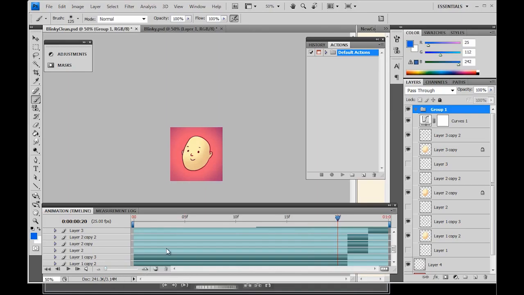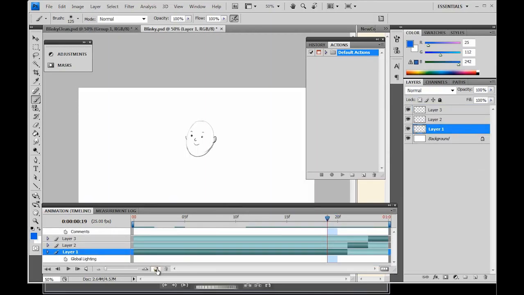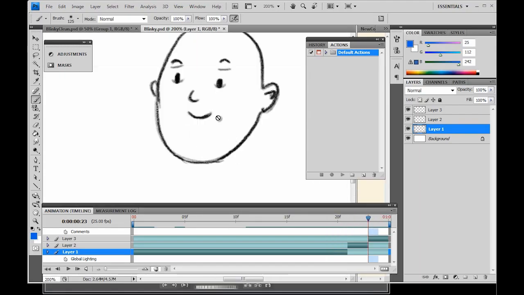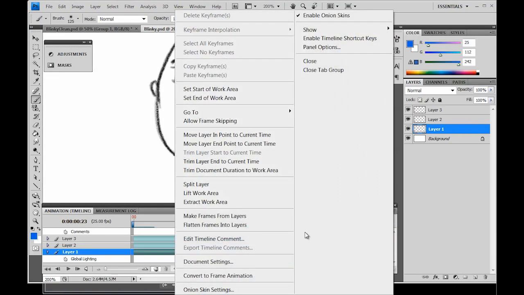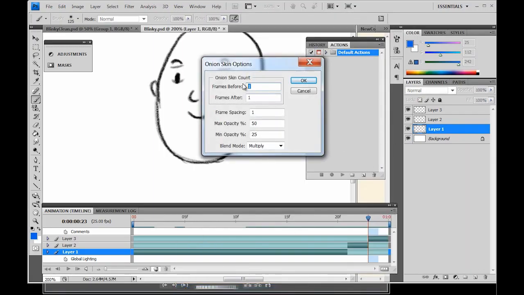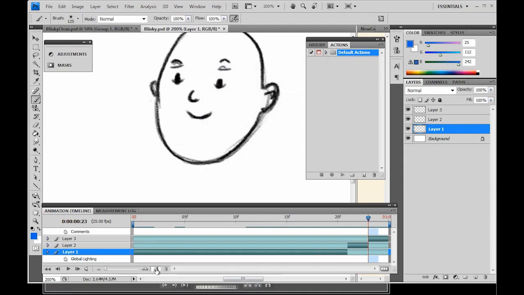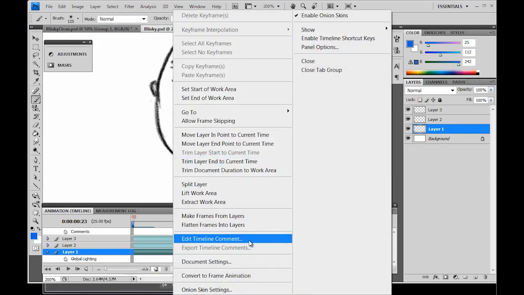Before I get too much further on, I just want to explain why I don't use the built-in onion skin setting here. And basically, that's because it's really slow to draw with. If you turn onion skin settings on and you move to your frame, it renders before and after, and you can go over here and click onion skin settings, and you can say 5 frames before and 3 frames after. You can make it normal rather than multiply. You can do all of these settings, and I mean, they can be really great for certain problems, but I find that as a drawing tool,